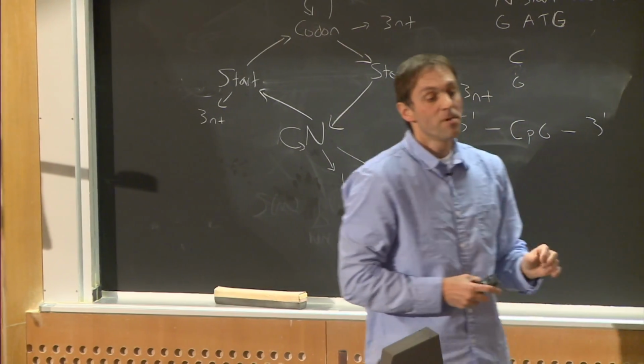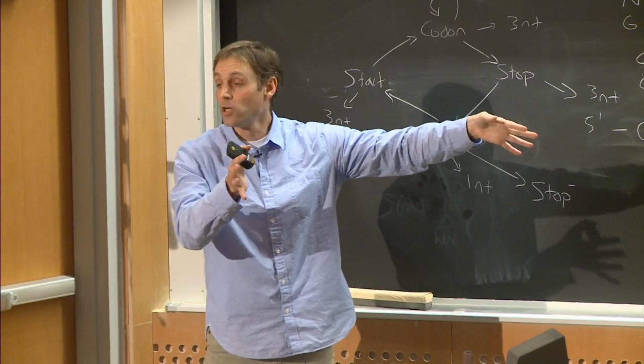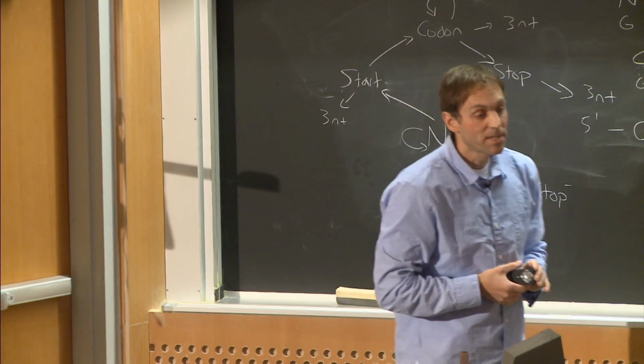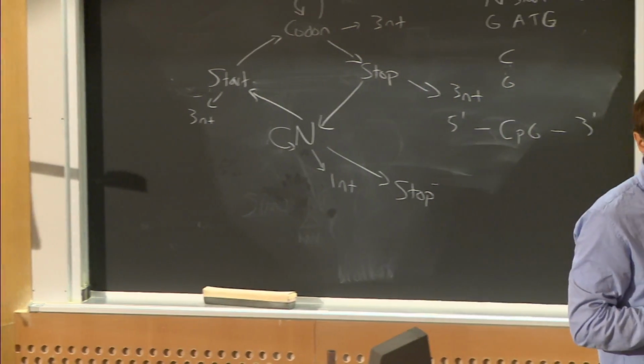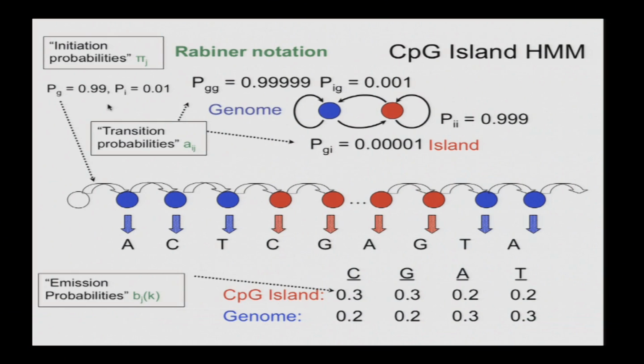And then if we imagine that those 1 kb islands are interspersed with genomic regions that are about, say, 100 kilobases long on average, then you would get this 5 nines probability for G-to-G and 10 to the minus fifth as the probability of going from genome to island. So that would generate widely spaced islands that are on average 100 kb apart and about 1 kb in length. Is that making sense?